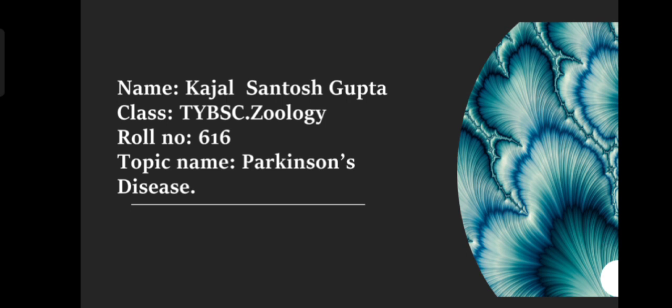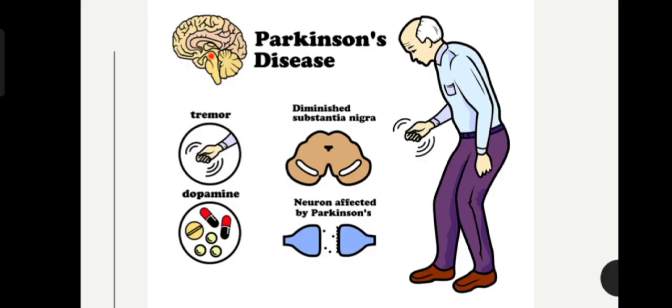Today I am going to speak about Parkinson's disease. Parkinson's is the second most common neurodegenerative disorder after Alzheimer's. The visible features of this disease are slowness of movement, muscle rigidity, and a tremor at rest. There are also many non-motor symptoms, some of which may present before the motor problems. It affects many areas of the nervous system and different types of neurons.